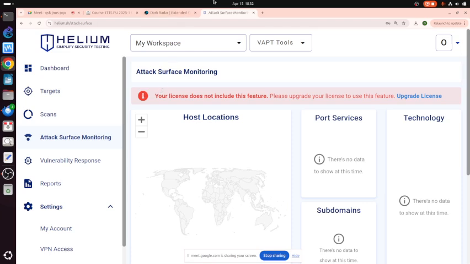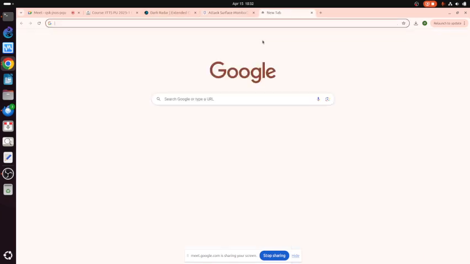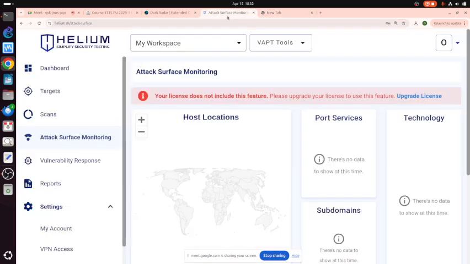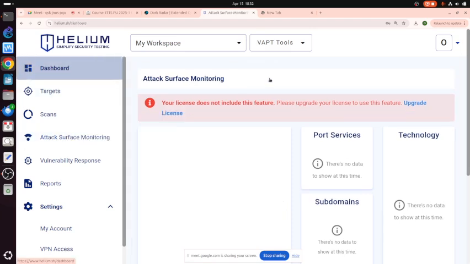Now, based on this, this is important because we need to know the problems in our system. Having this kind of tools makes it easy for us to identify any problem in our system, and then we can take action based on the findings. Okay, so that's Helium. I want to show you this example because it's very easy to use.